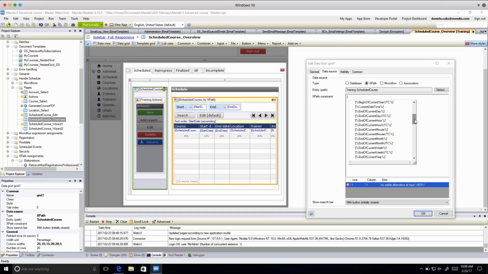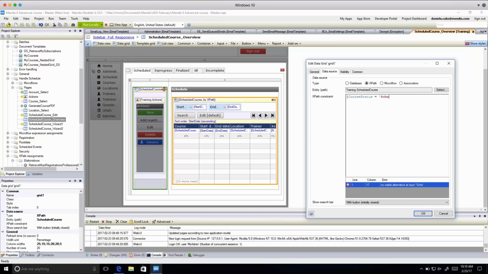So you'll see all the options. You'll see like the current date. You can see current date time. You can add quite a lot of flexibility here. So what we're going to do is add the course status. So we can do the course, so that we want the course status to be equal to